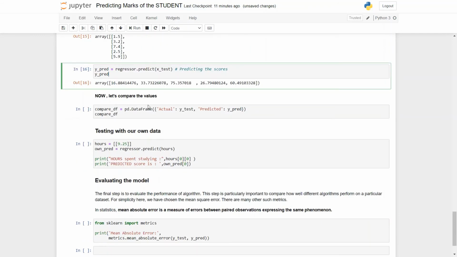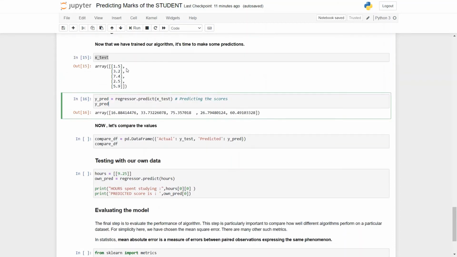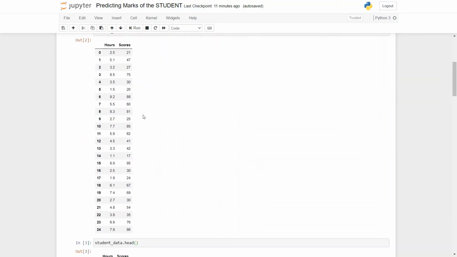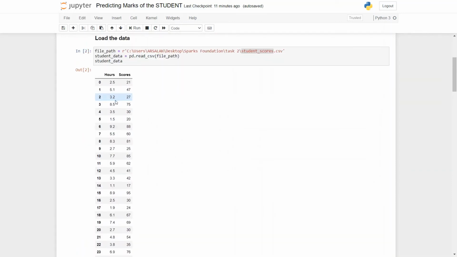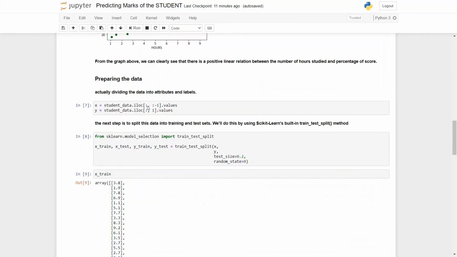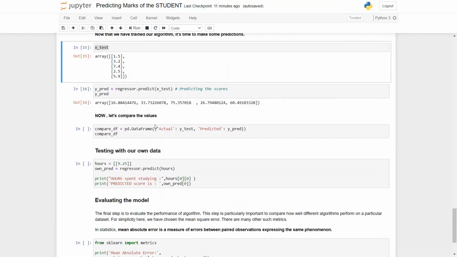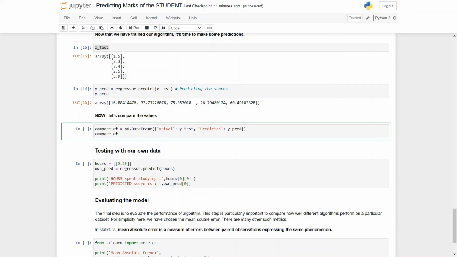Now let's compare the values. In the previous table, the original table, you can find the original values of hours and scores. And now these are the predicted values after making our prediction. To compare them, we will create a data frame using pandas called compare data frame, with the actual data and the predicted data that we predicted.